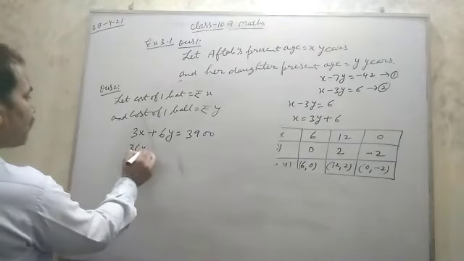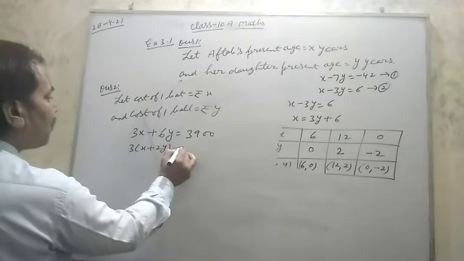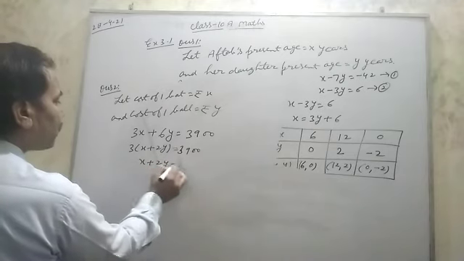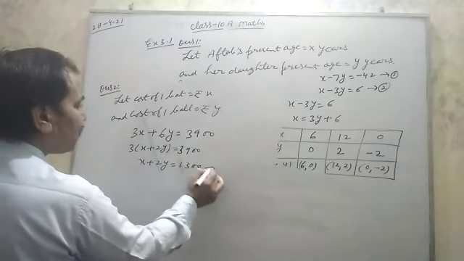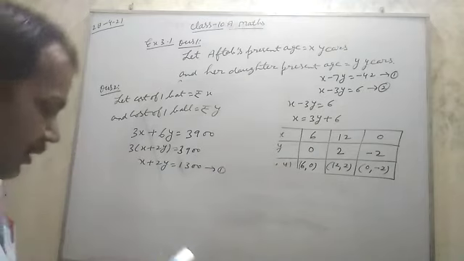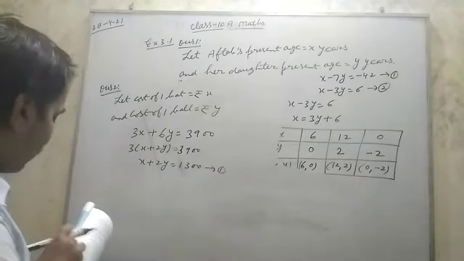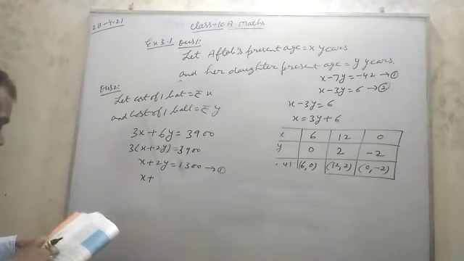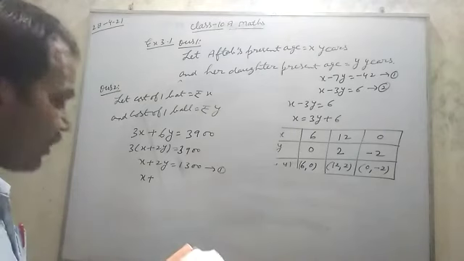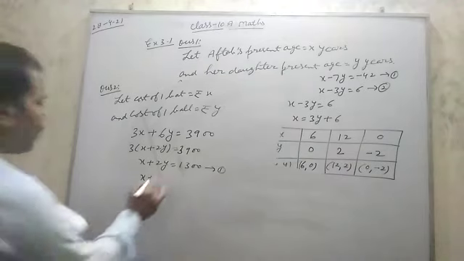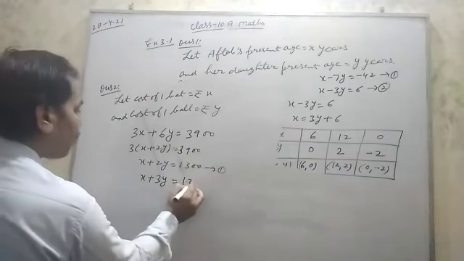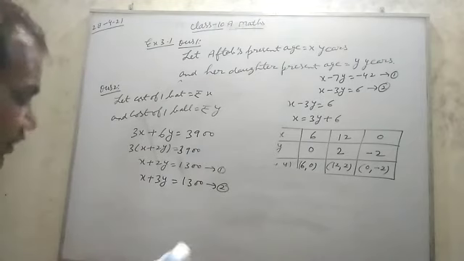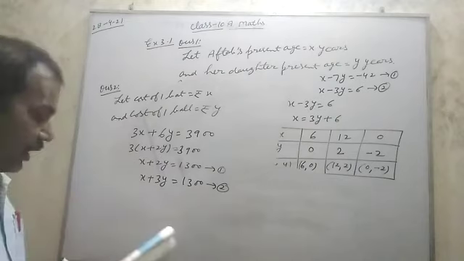3 you can take common. So x plus 2y is equal to 39. Divide by 3. So x plus 2y is equal to 1300 equation. Later she buys another bat. Another bat means 1 bat means x, and here given more balls. So more you cut it, in place of that you write 3 balls. So 3 balls their cost 3y is equal to total 1300. This equation. Represent this situation algebraically. This is algebraically and graphically.